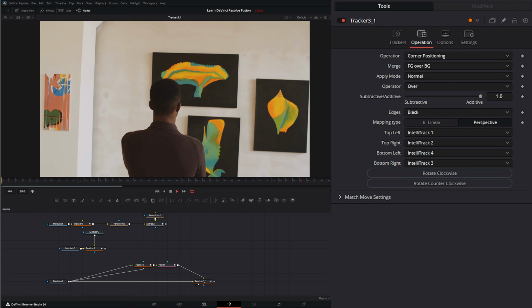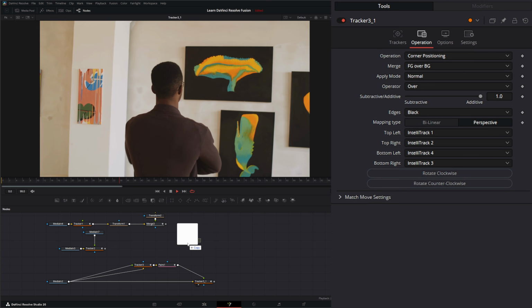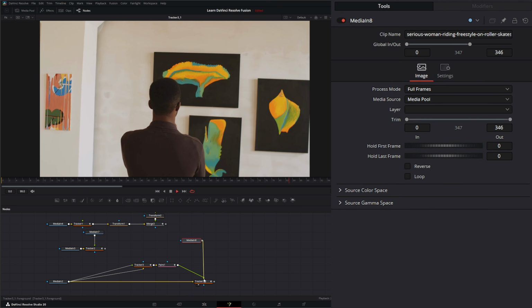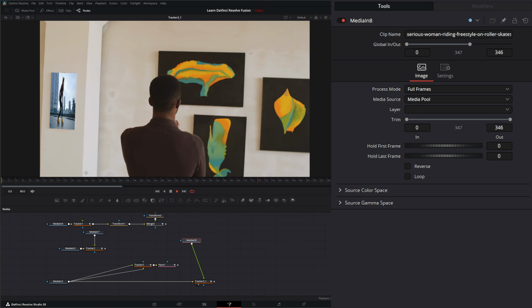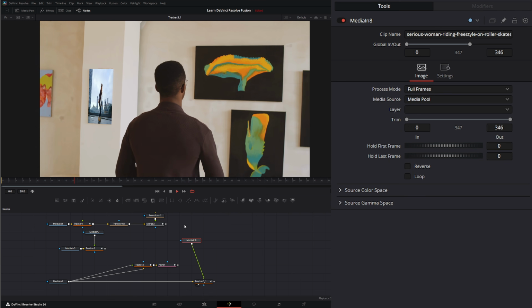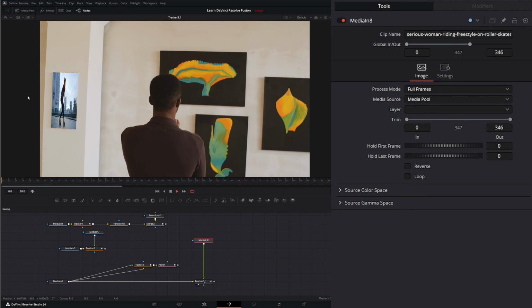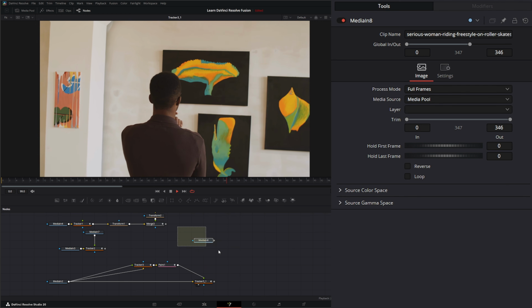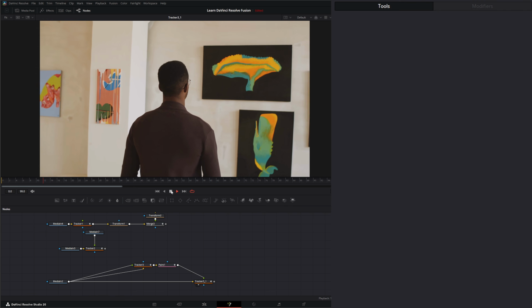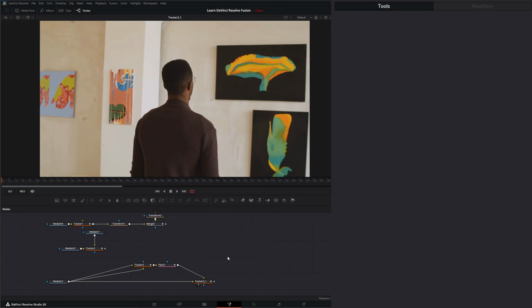Or if you really wanted to, you could just bring in some random footage and plug it in instead. And yeah, our sizing is all wonky and weird, but we could resize it so it fit correctly. But there we go. Now, speaking of sizing, I'm going to